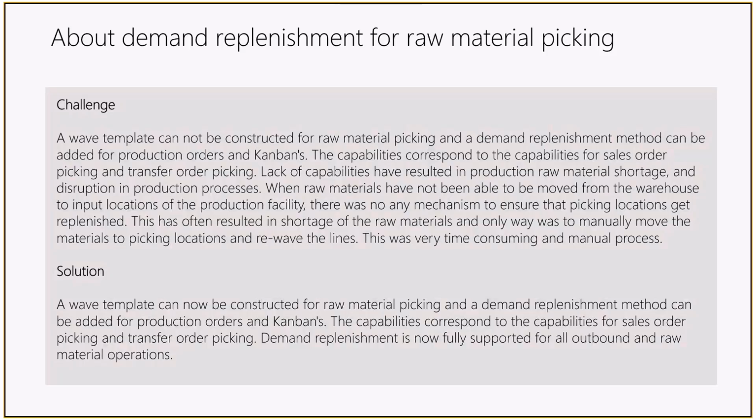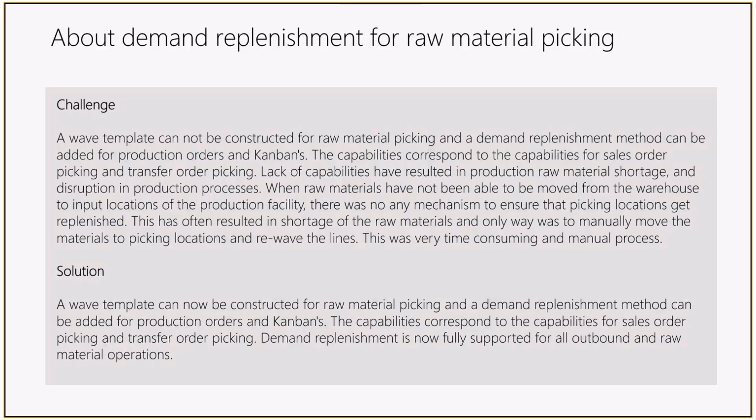So we need to minimize the amount of demand replenishment, if possible, through bigger sizes of the locations, maybe having more than one fixed location, and so on, or replenishing with a bigger unit of measure like pallets. But in many circumstances we cannot avoid running the demand replenishment. That could be because we have deviations in demand. Suddenly, one day, we have advertised something, and then we receive more orders than usual. Of course, we don't have time to change our physical layout, so we might be solving these exceptions through the